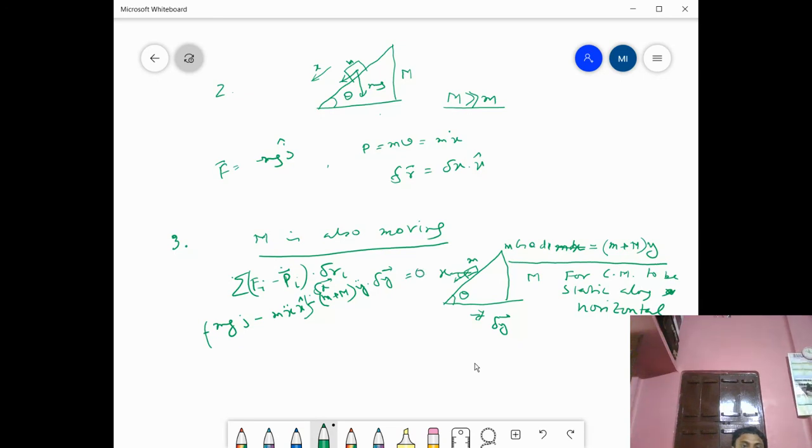So now j dot delta x. I am considering minus j, so j is actually in this direction, and delta x is in this direction. The angle is 90 degree minus theta, right? Sorry, 90 degree plus theta. So there will be a minus sign, so this minus will cancel out. It will be mg sine theta, and this will be minus m x double dot delta x